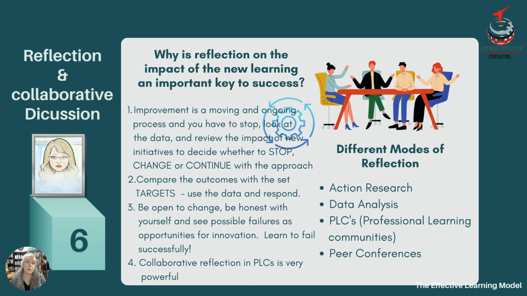So there's some activities that you can do. I believe it will be good if you can do this in your team, in your professional learning community, or with a partner. Reflect on these 6 steps and your organization's work or your school's process, your school's approach, and ask yourself, which of these steps do you follow in your organization? And you can write them down, or you can draw it out on a large piece of paper, use some sticky notes. The more you can engage people, the better.